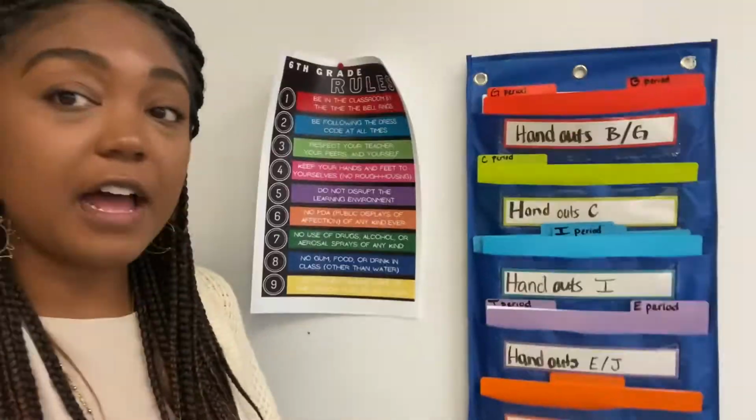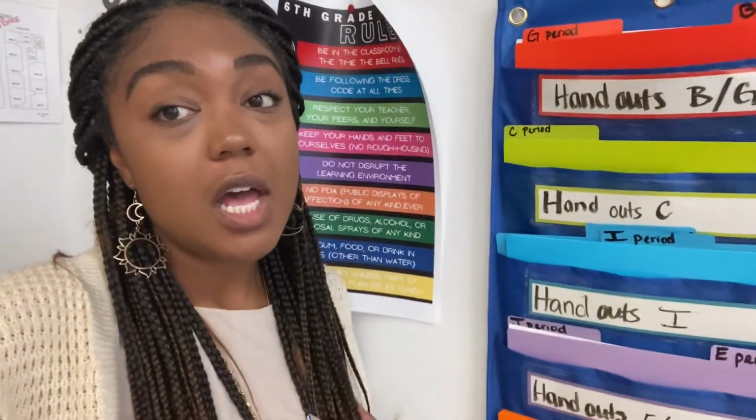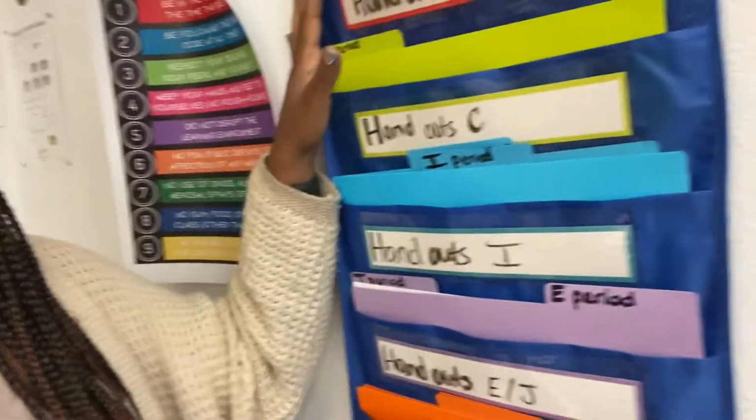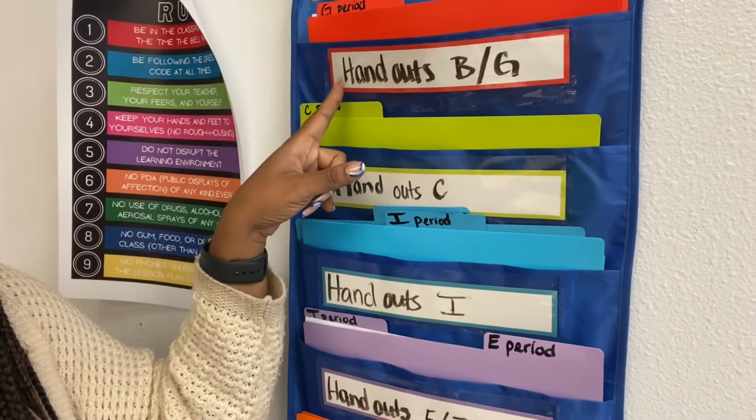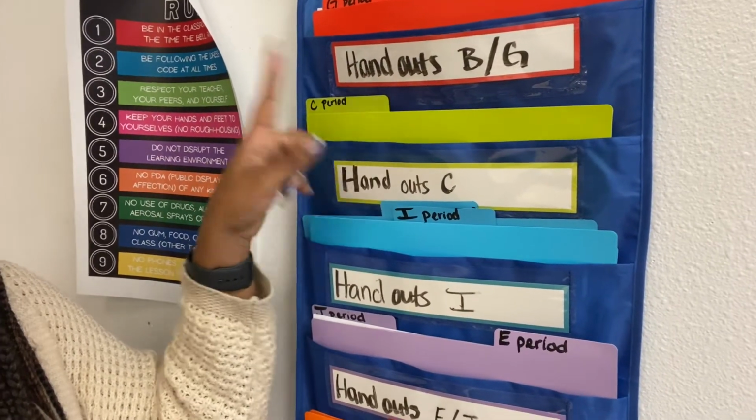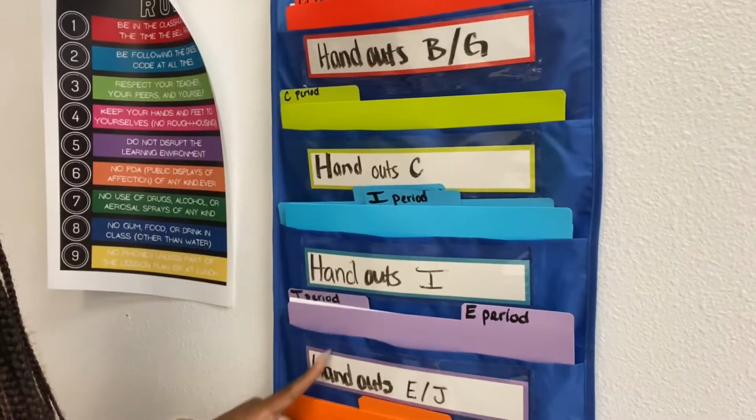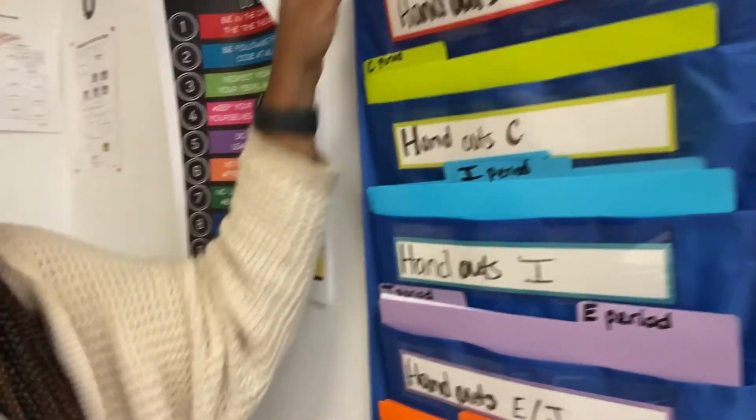Okay, so the next thing is this hanging file folder. Now this hanging file folder I actually got from Walmart for I think like $5, you guys. $5. I got this from Walmart, and so it is wonderful. This is dry erase, so you can erase this and put whatever you want there, which is wonderful. So these are all the periods again, and this is what I use when a student